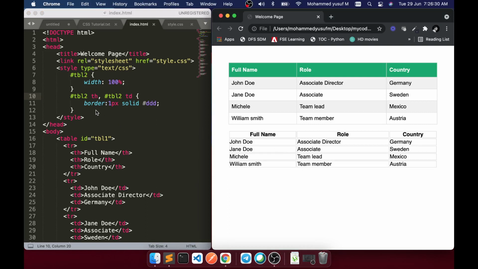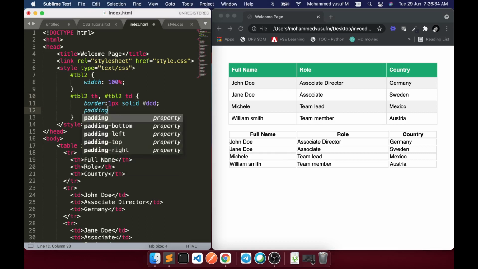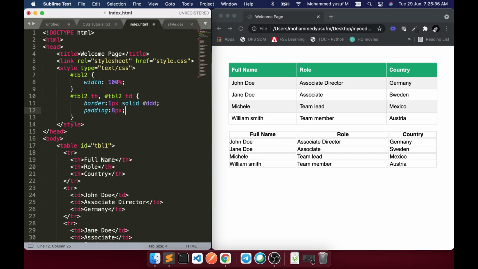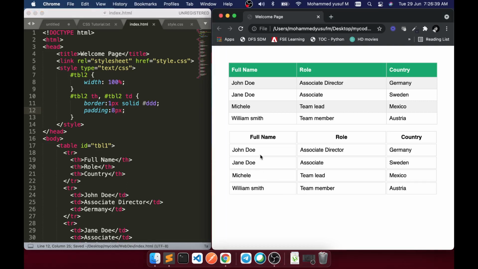Fine, now let's quickly give some padding. On the same level, I'm going to say padding of 8 pixels. What will happen is we get spacing around the content on each th and td tag. Cool. Now let's take care of the headings.